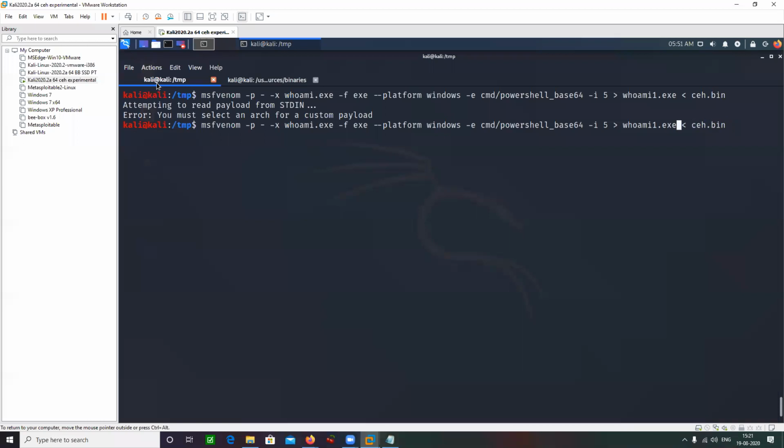Okay, architecture for a custom payload. Let me select the architecture here, --arch, let's say x86.